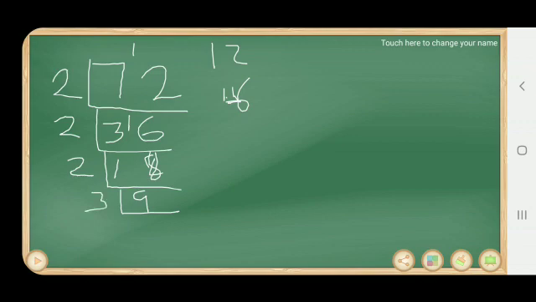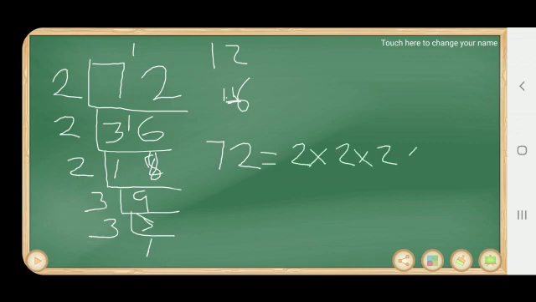So I can take the next prime number 3. In 9, how many 3's are there? 3 3's. In 3, how many? So 72 is equal to 2 into 2 into 2 into 3 into 3. Is it? 2 into 2 into 2 into 3 into 3. Okay. So prime factors of 72 are 2 and 3. So you can write 72 equal to 2 into 2 into 2 into